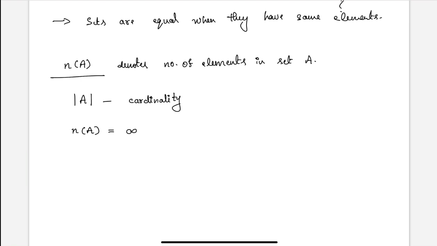And so here, when A is infinite... n of A will be 0 when A is empty. For an empty set, the number of elements in it is 0. Obviously, it doesn't have any elements. Okay, so next we will look into the concept of